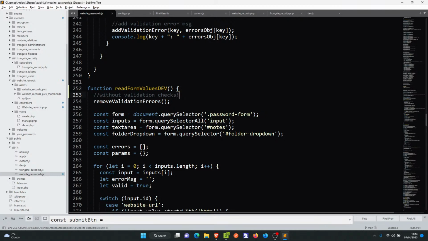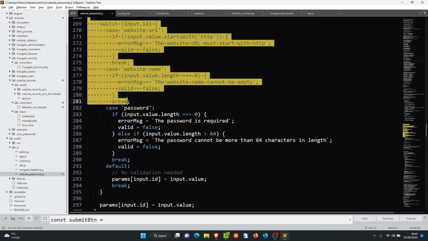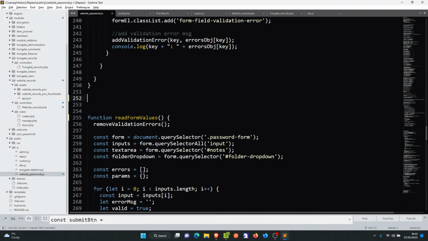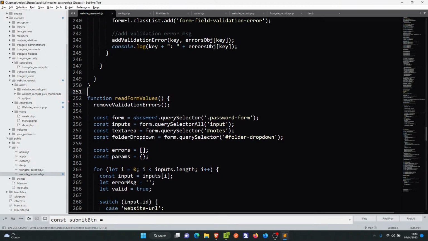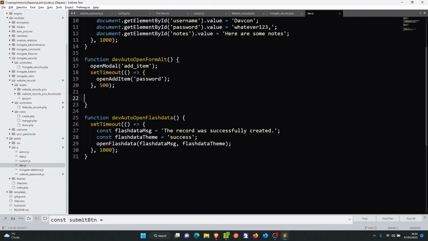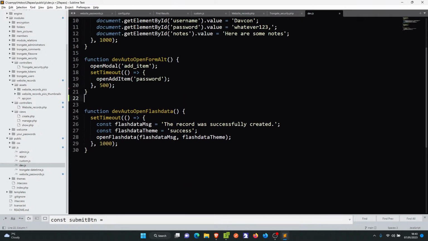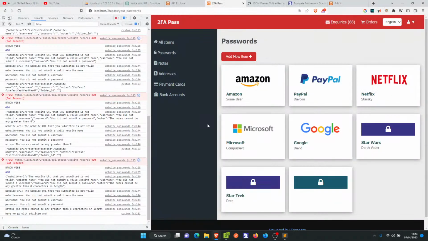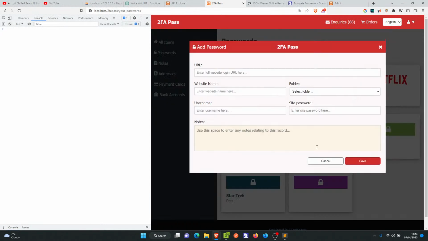It's not in use, but maybe I'll even just copy it, take it out of here, and then chuck it inside our dev.js thing. So what this all means is that our original form validation should